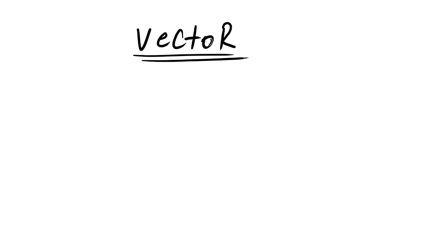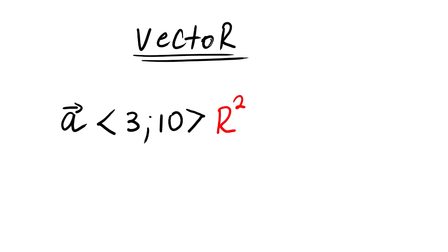Vectors in mathematics, also known as Euclidean vectors, are represented in this manner. You can see it's a coordinate form. We normally say it's R2 or two-dimension vector. We use coordinate form, or we can